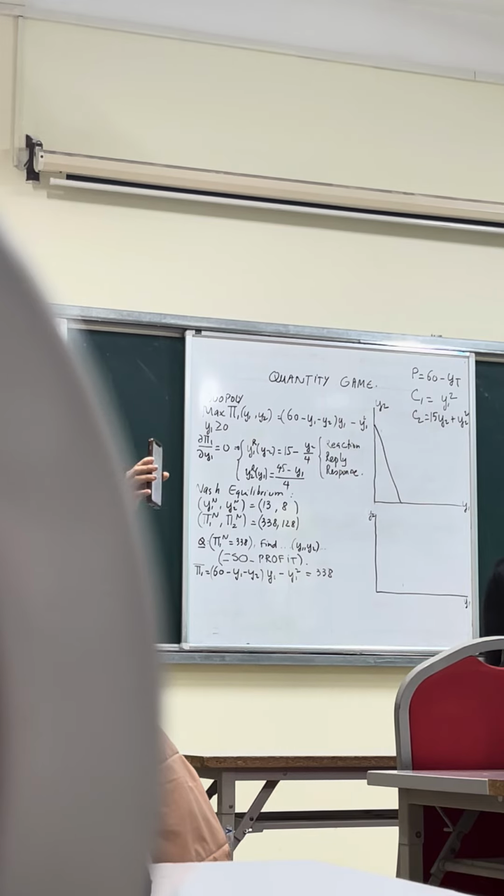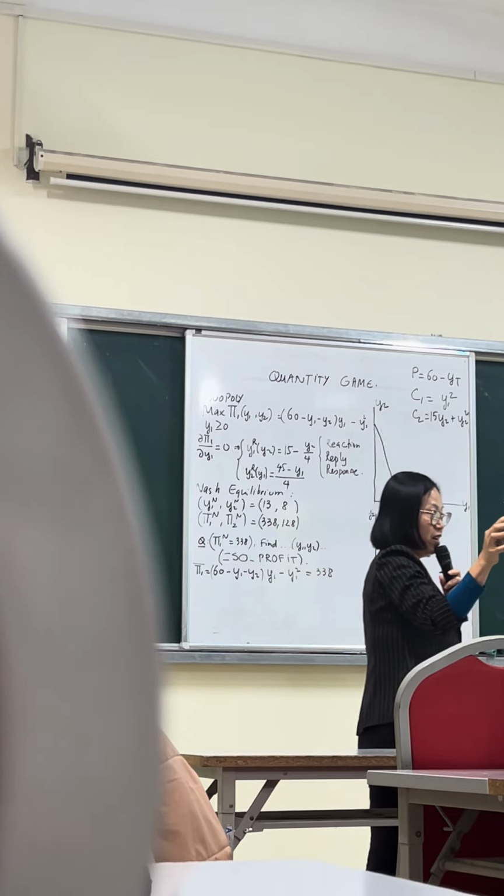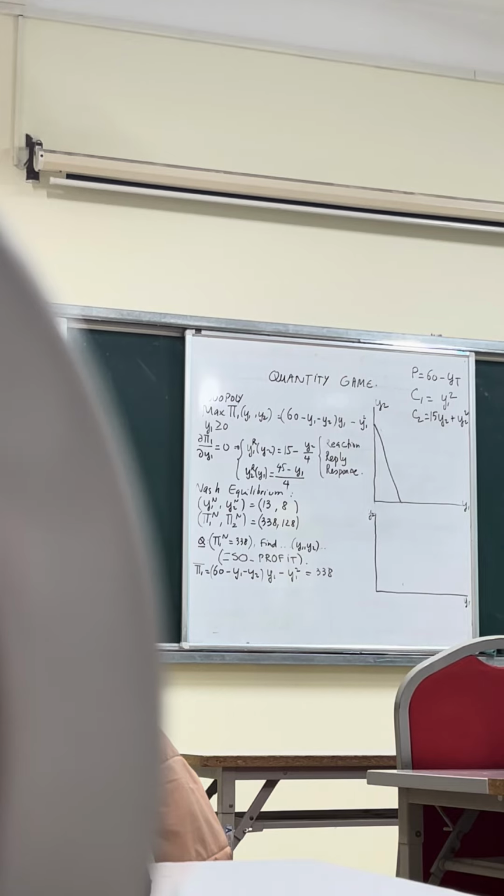Okay, this is how it looks. Your friendly graph. Is that friendly? Okay. This is the graph that you expect to get once you draw it either by hand or